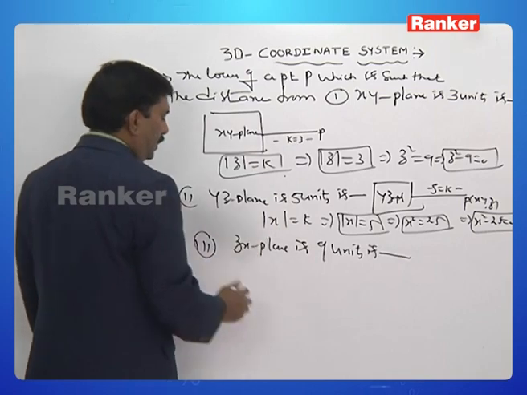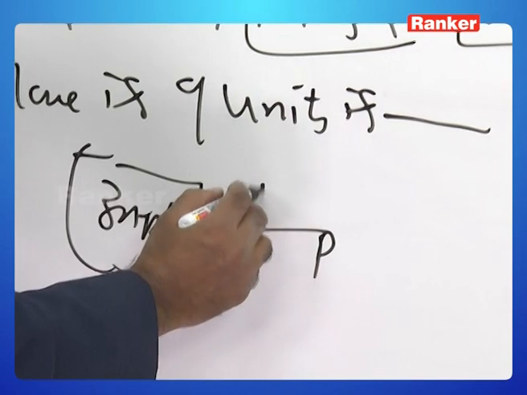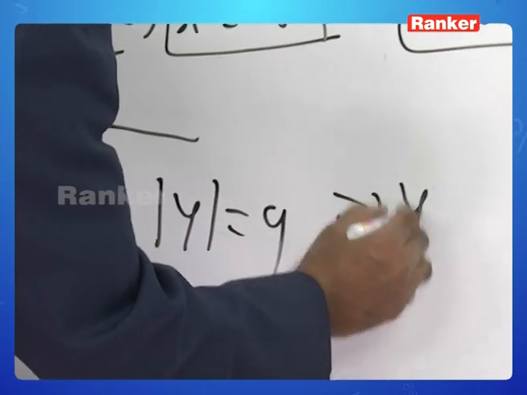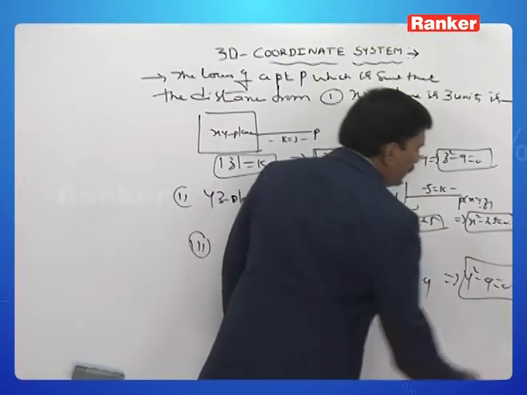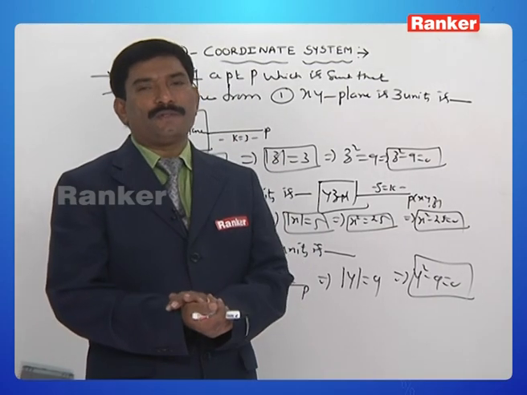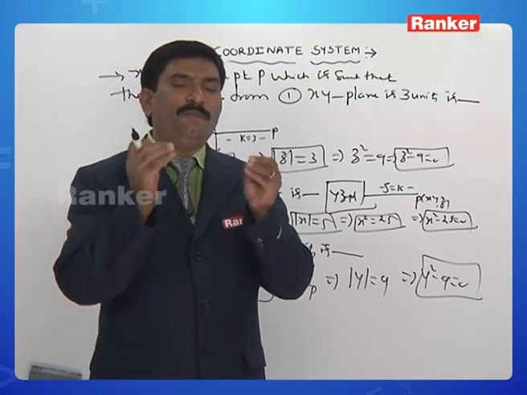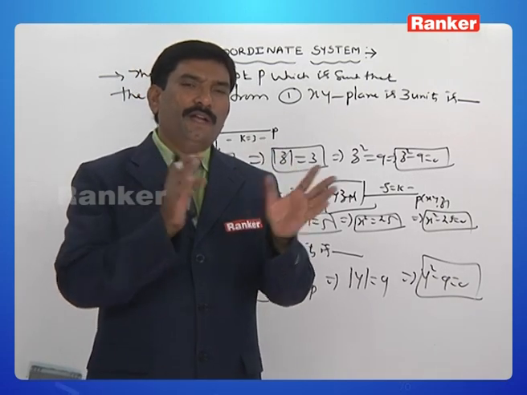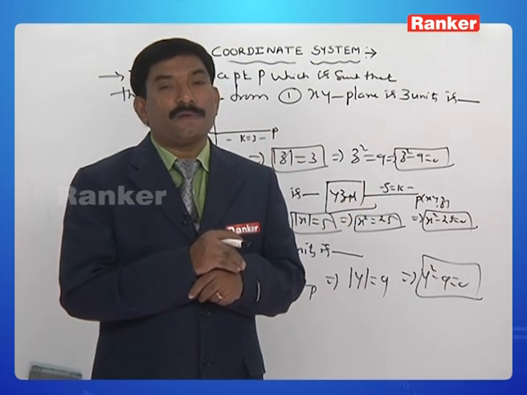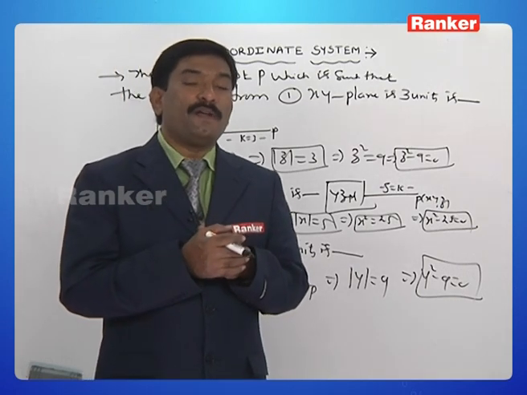Locus is dash. For the zx plane, this is a point P, this is K. For the zx plane, mod y is equal to 9. So therefore, squaring on both sides, y square minus 9 is equal to 0. This is how you can find out the locus of the point P, which moves at a distance of k units from the xy plane, yz plane, zx plane respectively. Let us recall the distance from the point P to the